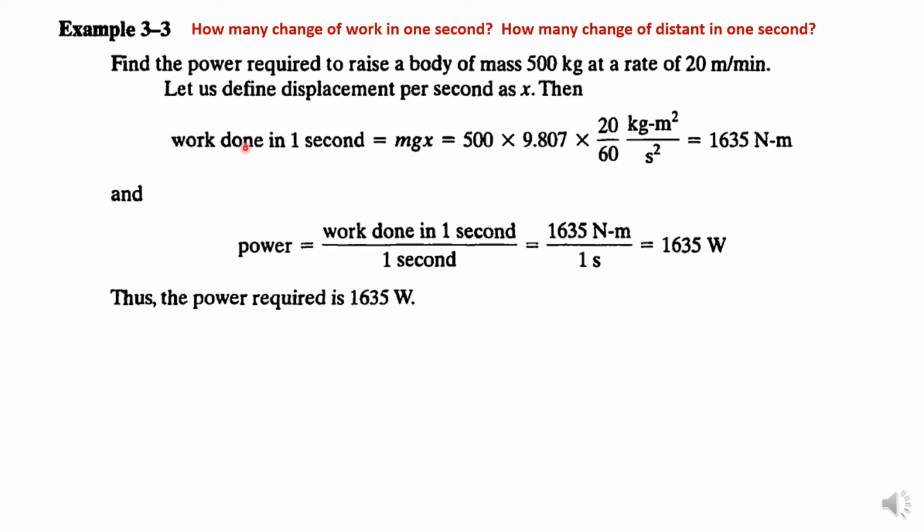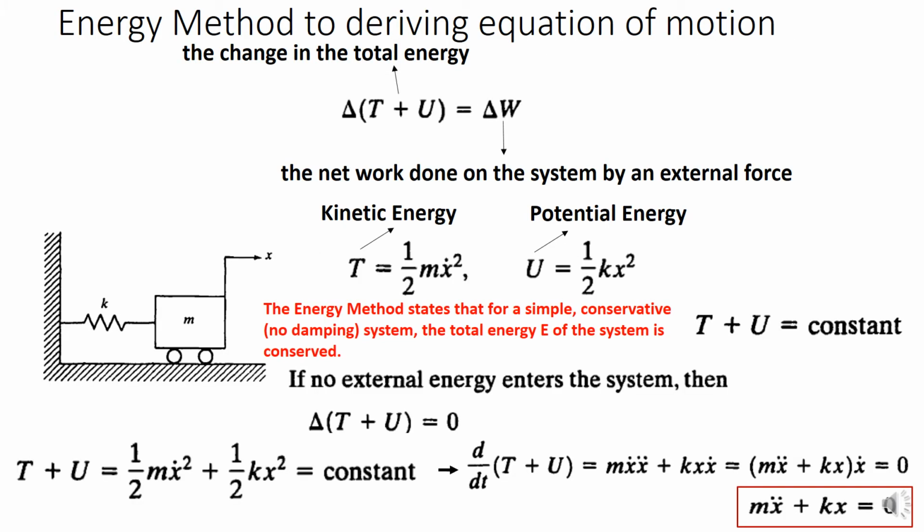So we get h. So mgh will be the work done in 1 second. So you can understand that the work done in 1 second will be the power. So the power will be 163. And then we will talk about how to derive the equation